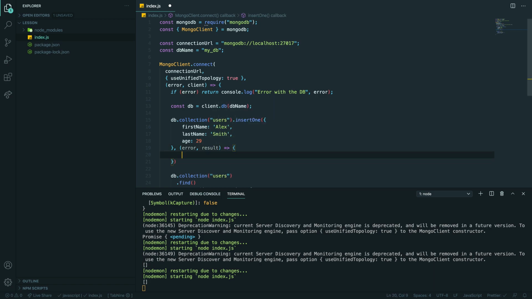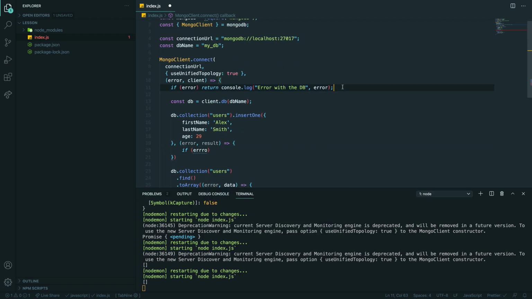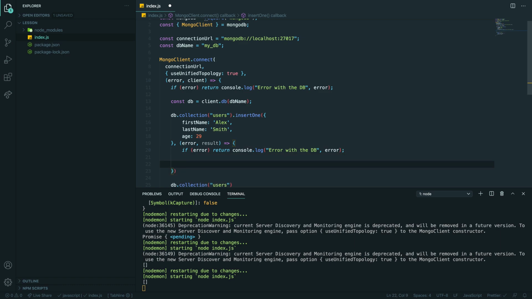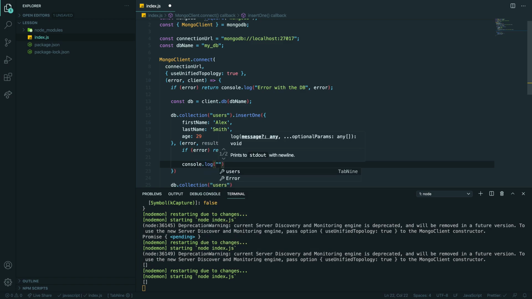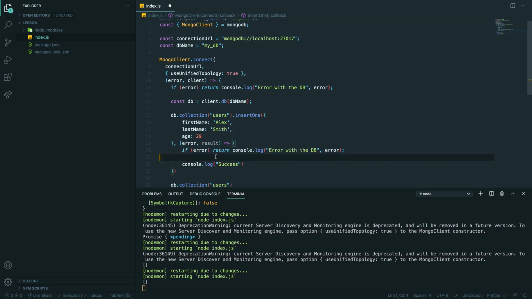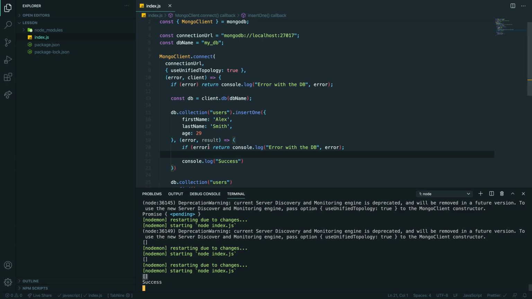and if we have error, let me just copy this one because it just had error handling, else I want to console log successful. Success, right? Save. So I've stored it, and you can see because everything is asynchronous, this one runs our read